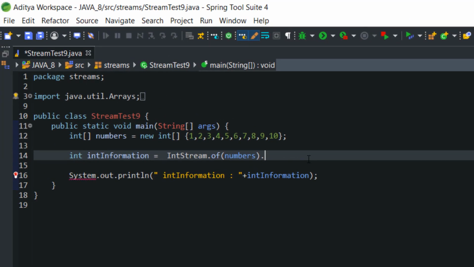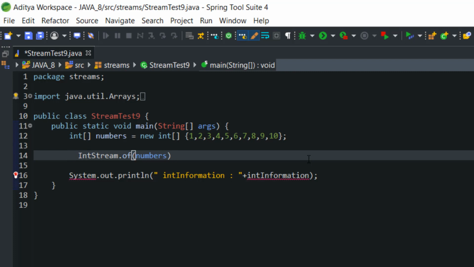Now in some situations, we have taken data from a primitive, and after some processing, we need to save that processed data to a list. That also we can do here. How are we going to do that? For example, let's say I want the even numbers of this array and I want to save all those even numbers to a list. So how am I going to do that?